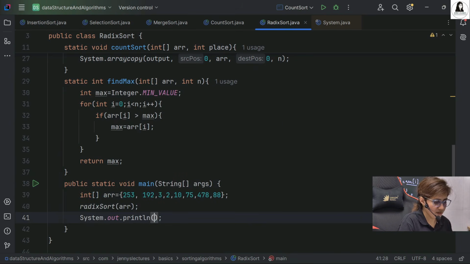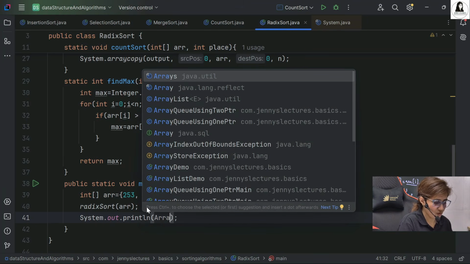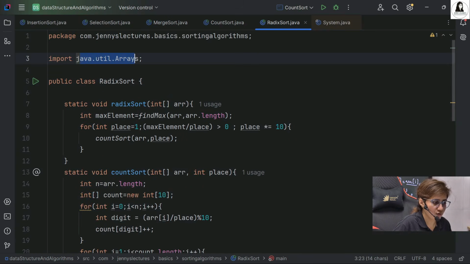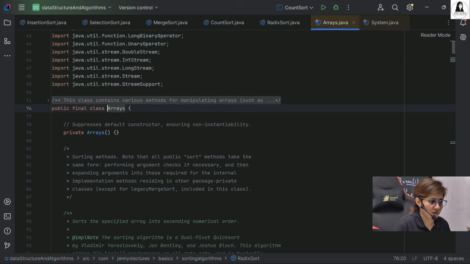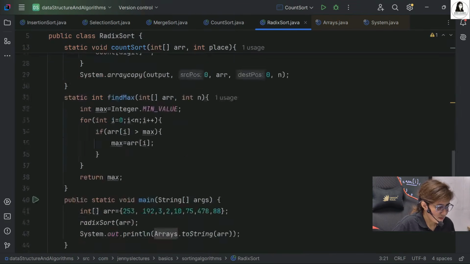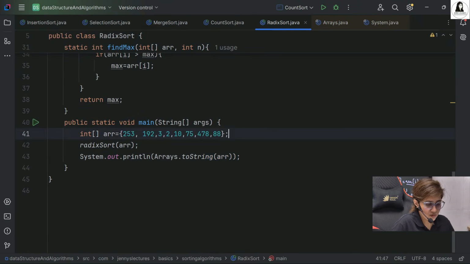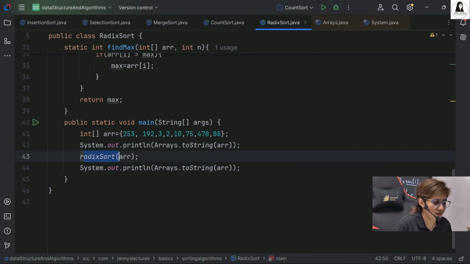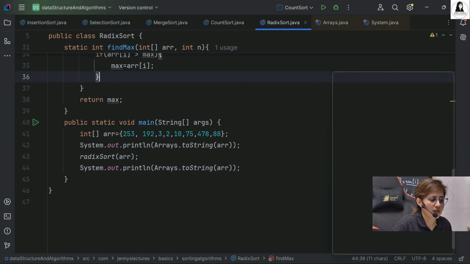And after that we can simply print this. How? We just call Arrays dot toString and we pass my array. But to call this, you have to include which package? From the util package, Arrays is this class. So import java.util.Arrays. Within this class itself, we have these toString methods, so we can call it. So yeah, if you call this before sorting, then after calling this again. Let's run this.